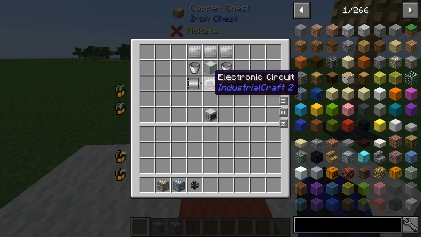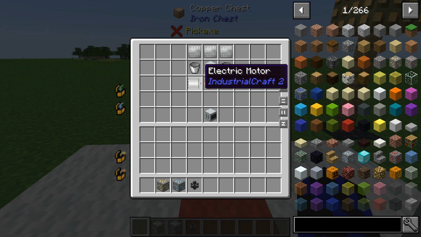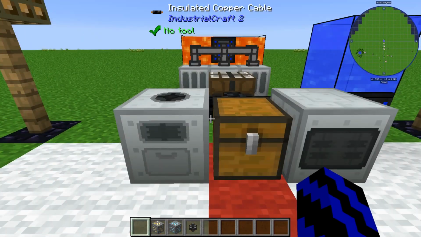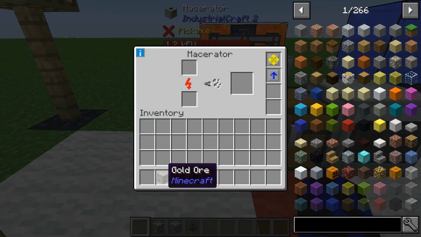For the ore washing plant, you're going to need an electric circuit, basic machine case, 3 iron plates, 2 buckets and 2 electric motors will give you the ore washing plant. So first, what you're going to need to do is place them down and provide them with power. And next, if we chuck the gold ore in the macerator so we can double our ore, I would recommend